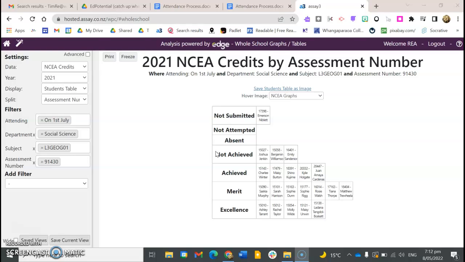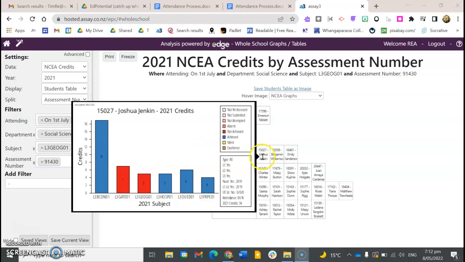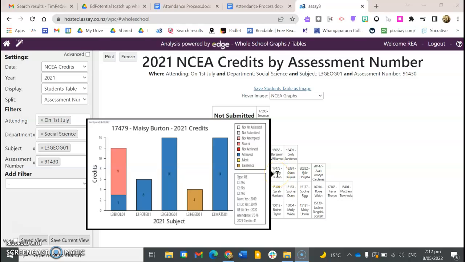The reason that this is important to me when I'm going through and having the conversation with learners is, first, I might go to this learner here, and I can see how that learner is tracking overall during the year. Yet construction has been knocked out of the park. But in literacy-rich subjects it wasn't happening, and we had COVID. Then if we look here, it would enable me to have that look around this learner here.